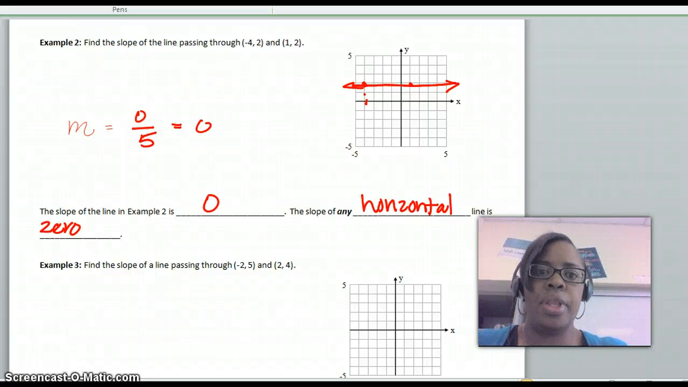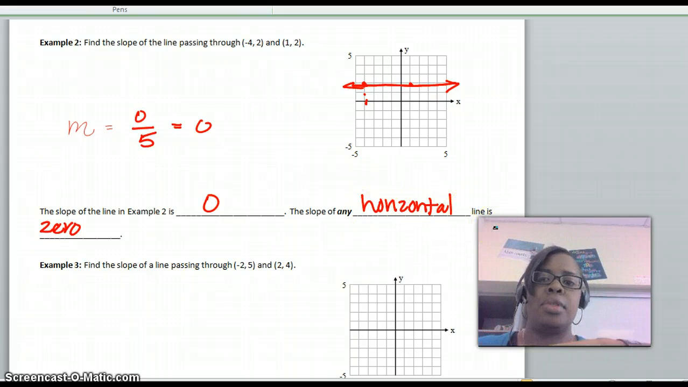Okay, so this is the one that we left off in class, finding the slope of those 2 points. Most of you had 0 over 5, which is equal to 0. And then you graphed it, and you should have seen your line come out like that. So the slope of the line in example 2 is 0, and the slope of any horizontal line is 0